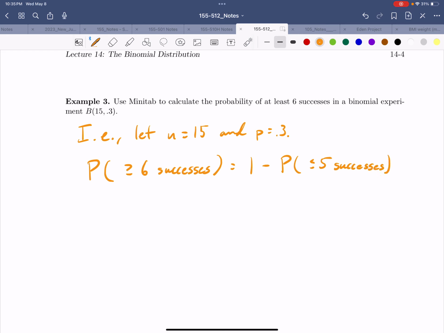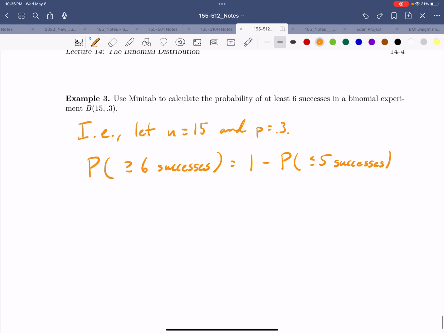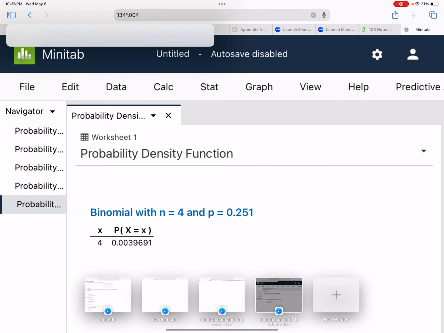Do you see that? Think about why that's the case, right? It has to do with complements. All right? So anyway, that's going to be 1 minus, well, how are we going to do that? Well, we could find separately the probability of 0, 1, 2, 3, 4, and 5 successes, or we can go into Minitab